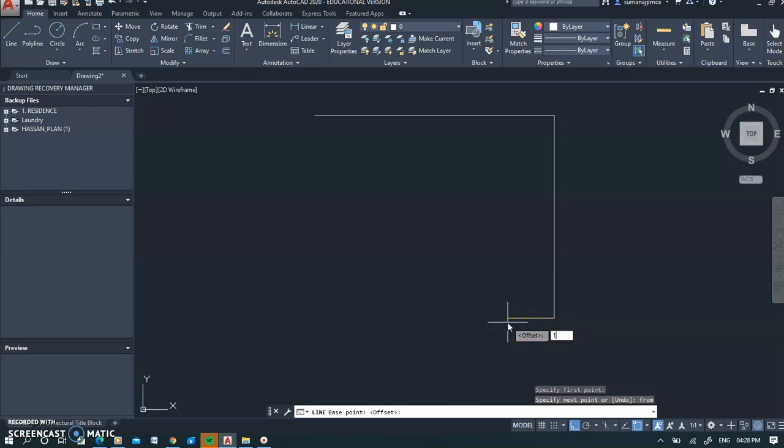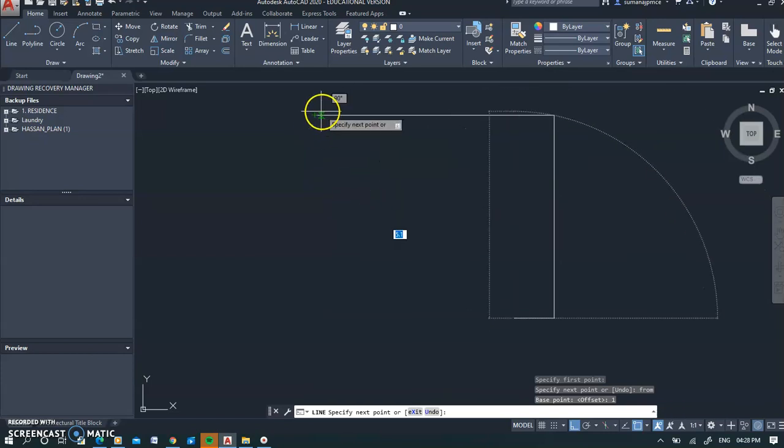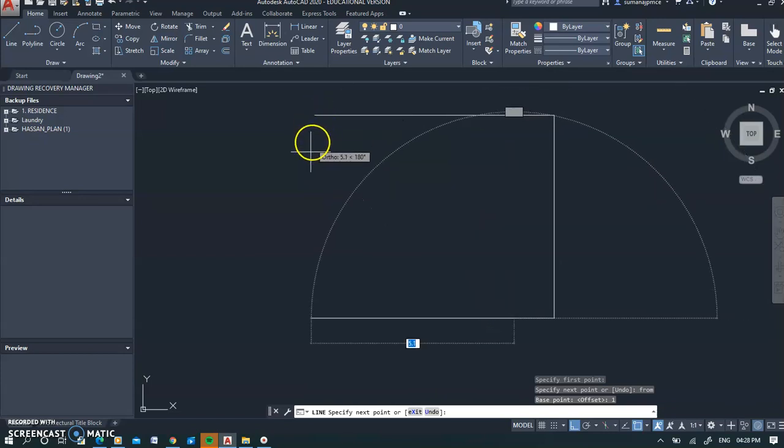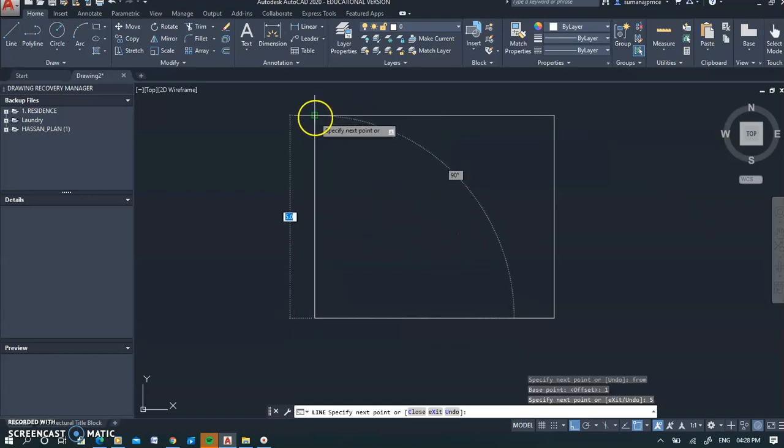Let's say you say 1 meter and enter. Okay, and now it is asking for the next point. That means my next point, you can either type the measurement or you can just give a guide here. Okay, you know that it is 6 meter and 1 meter for the door, so you have another 5 meter and enter and close here. So you got the room.